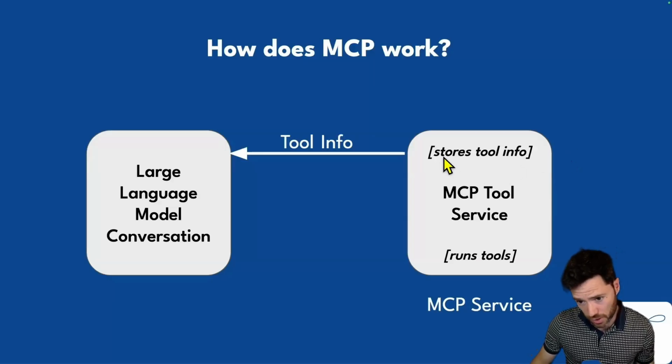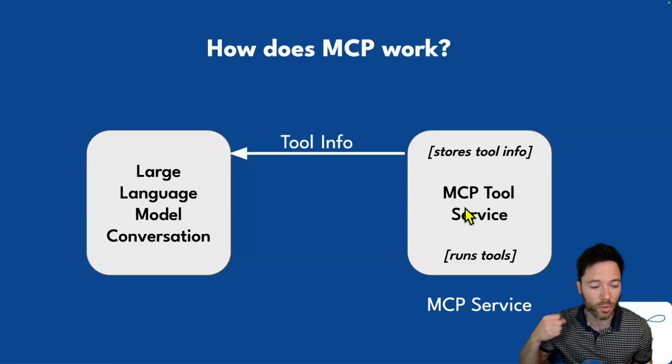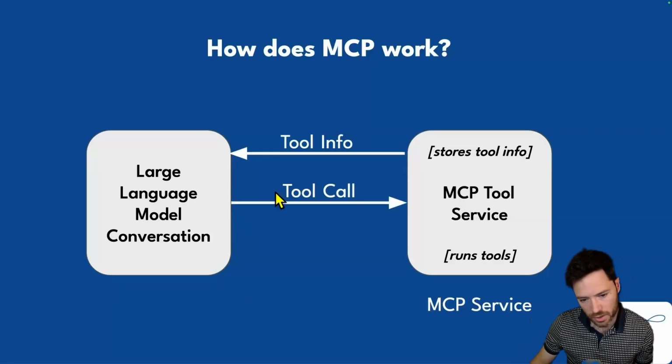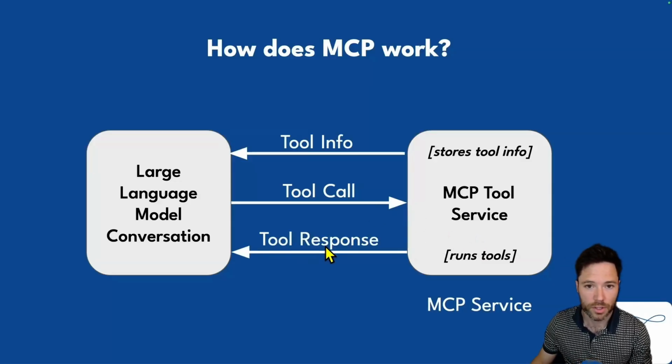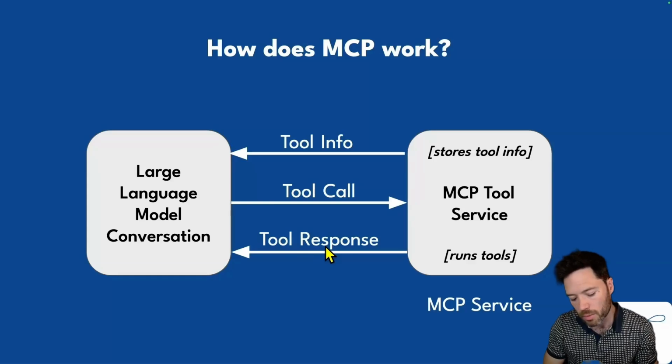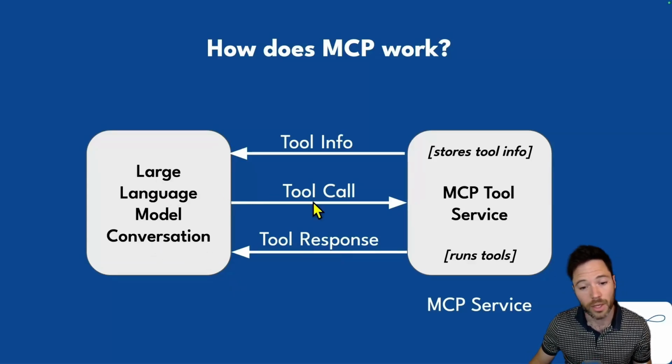MCP does a few things. It's first of all a store of information on tools. That information helps the LLM to know how it can make calls to the tools or make use of them. But the MCP tool service also runs the tools. So when the LLM decides to make a call, MCP, the tool service, will take the action, whether that's adding numbers or navigating to a page. And it will then return a response which contains details of the result or maybe some extra helping guidance for the LLM. So the LLM can then loop back and make another tool call or provide some kind of text-based